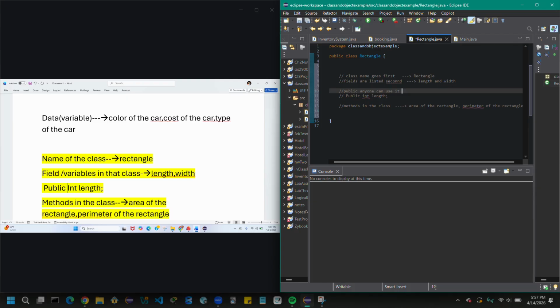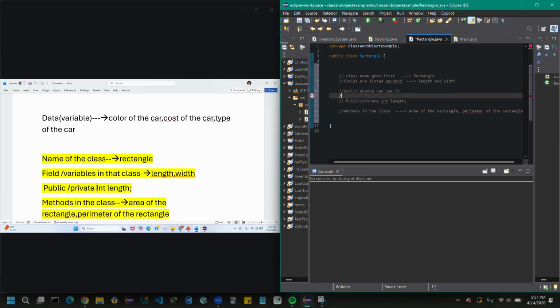That means it's hidden. So how is it hidden? We use the term called private. So we declare length and width as private members of just the Rectangle class. That means nobody has access to look into it. Only the members of that class have access.